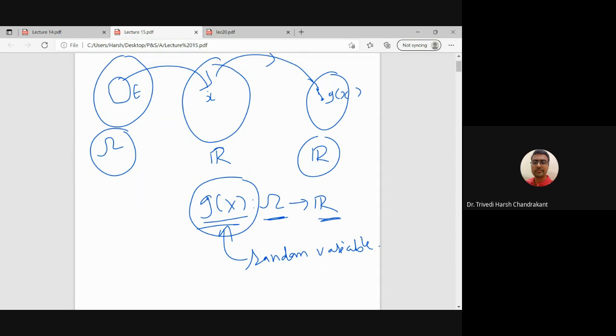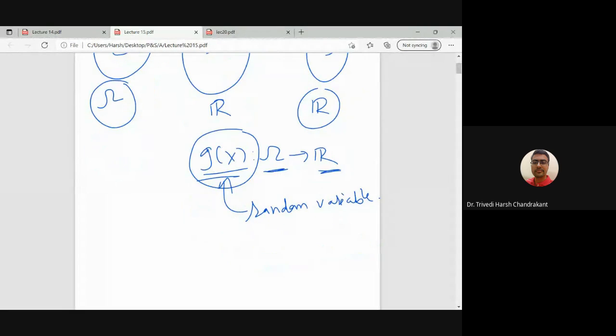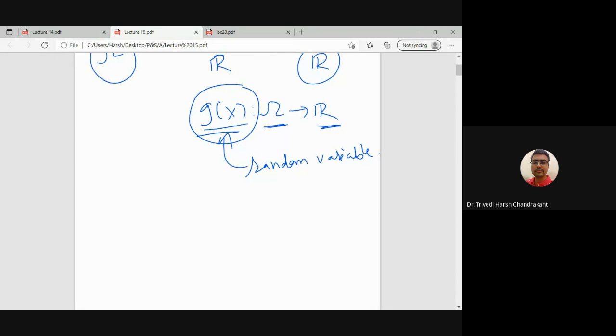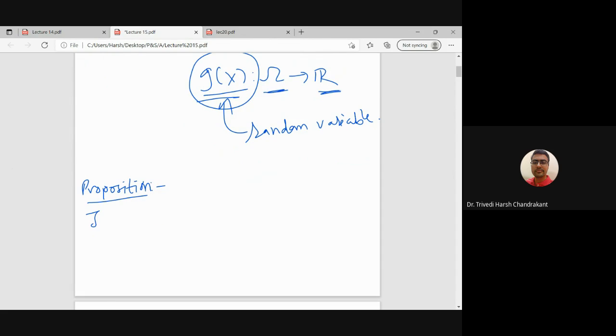So essentially what we are asking here is that we are given the random variable X and X has a PMF, and using the PMF of X we want to find the PMF of Y. Right? So how to find the PMF of Y? In the discrete case it is very simple. We have a result. We will not prove this result. This is quite simple from the definition itself, that if X is a discrete random variable,